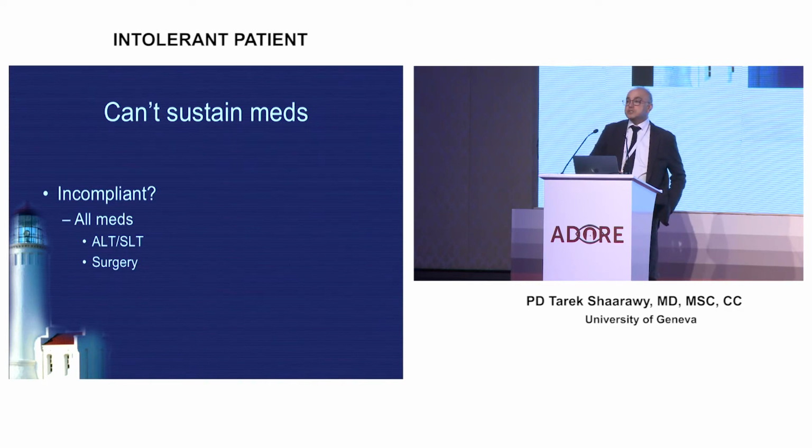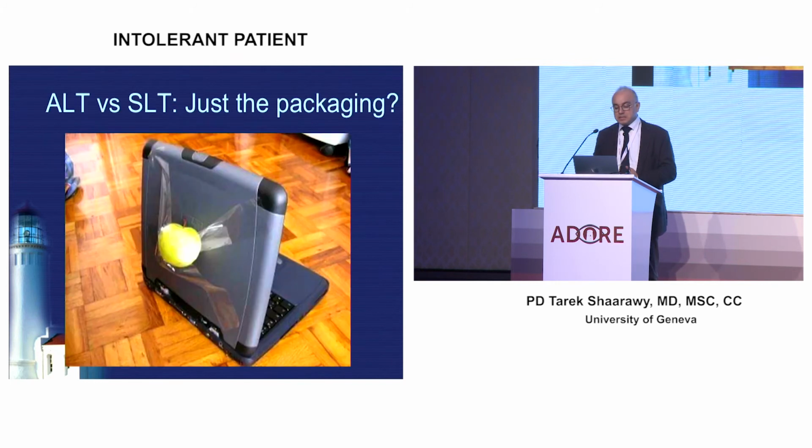Now, there are patients who are not tolerant to any medications, and there is a number of those patients, unfortunately. For those, you are left with 2 options: ignoring medications, so going in the direction of an ALT or an SLT. ALT or SLT doesn't really make a big difference. SLT is easier to use, but it is a device that is expensive, and you only use it for glaucoma, while if you get an ALT, it can also serve your retina specialist.